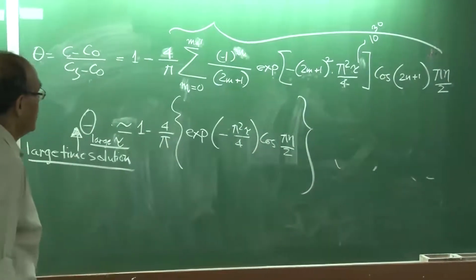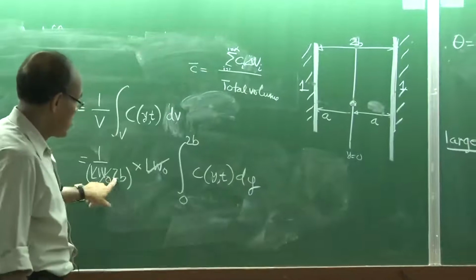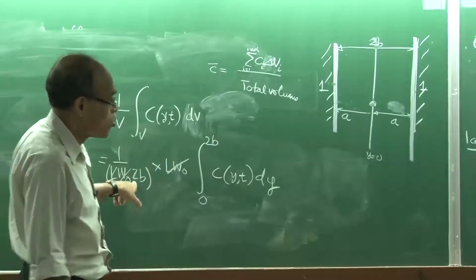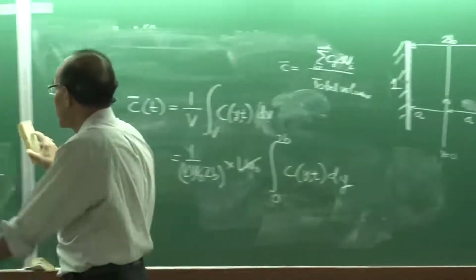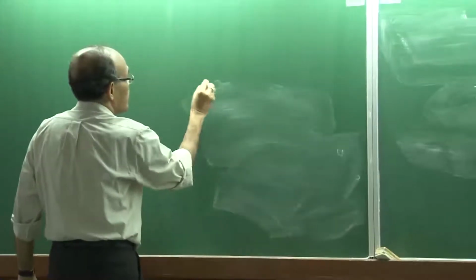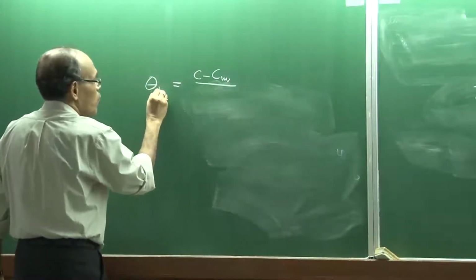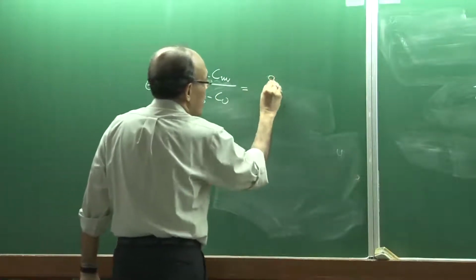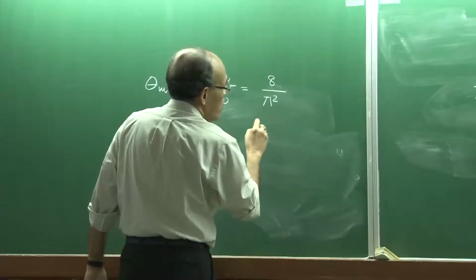this term here, as you can see, 2b is there. So when I integrate this from minus 1 to plus 1, or I will say 0 to 1, then this b and 2b will cancel out also. So if we do this, one can do this exercise, this is not a very difficult job. So we will see that, I write it now in a different way, which I define as theta m because of convenience, and now this is (C minus Cs) over (C0 minus Cs), and that comes out to be 8 divided by pi square, and this is going to be